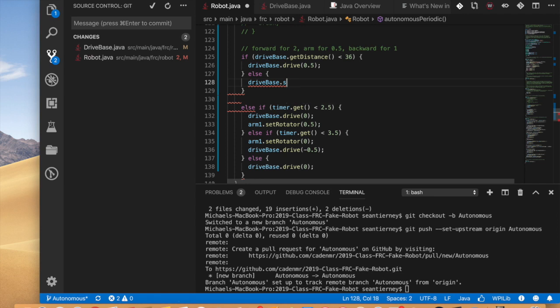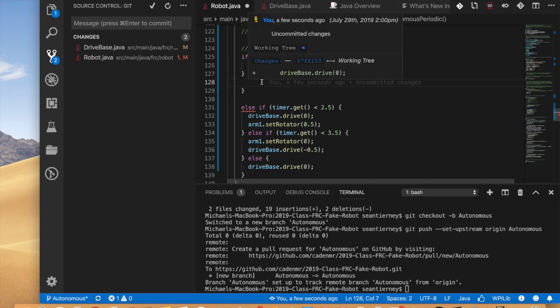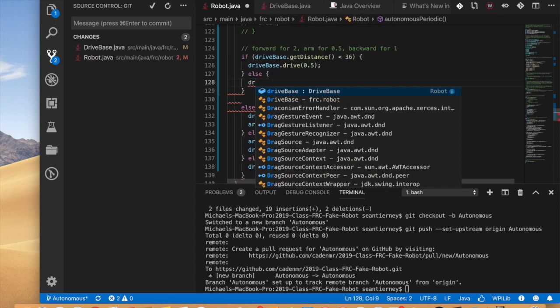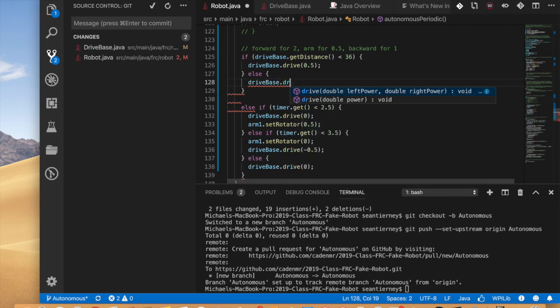So we can make ourselves like a state machine that tells it if it needs to start or if the things are complete. So here we can still say else. No, we don't want to go else stop, because then it'll keep running that code, won't it? So we'll just end this